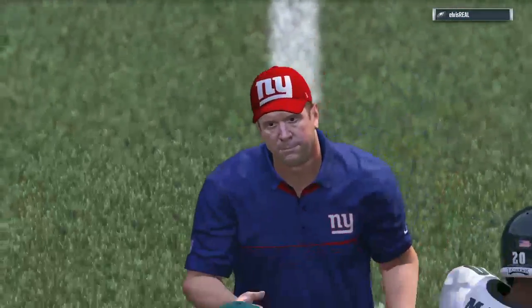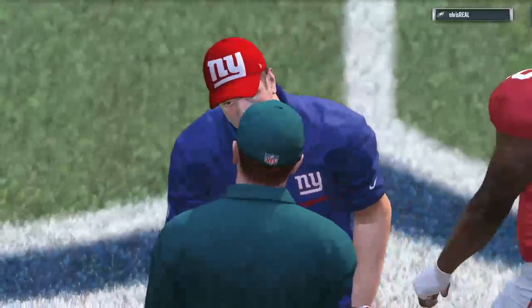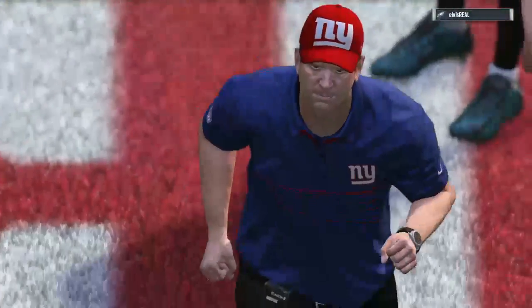Well, there were times where this felt more like a soccer match. Just not a lot of offense. Really good defensive battle, though. You kept wondering if...